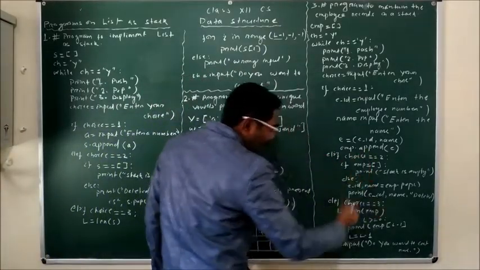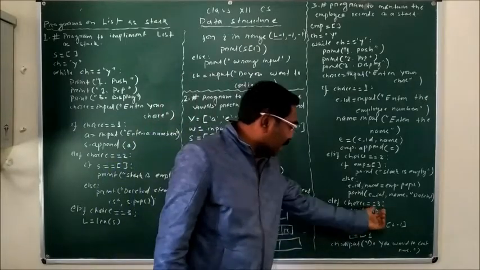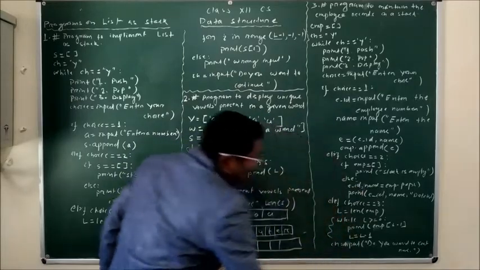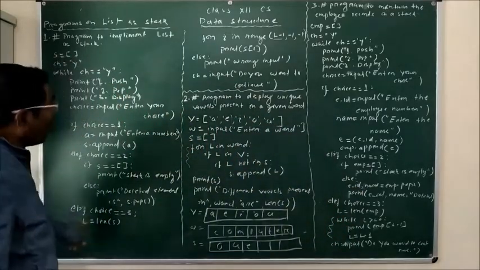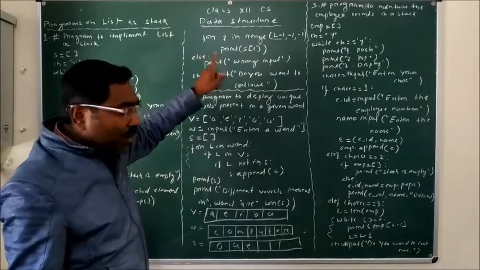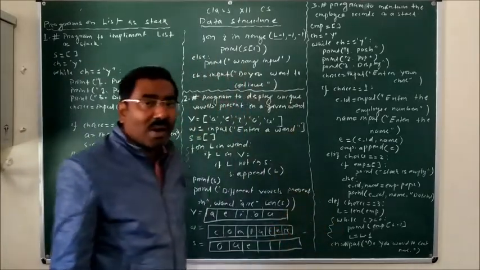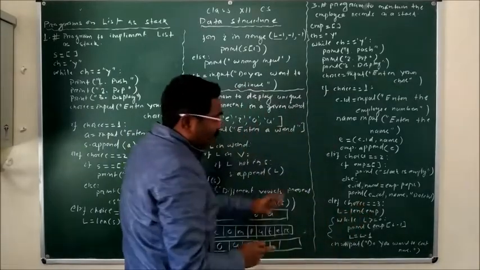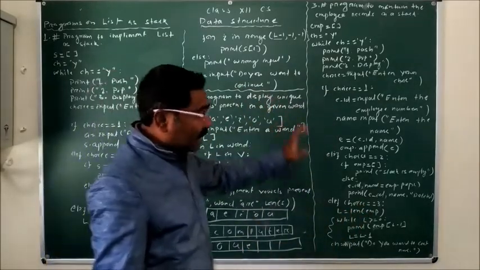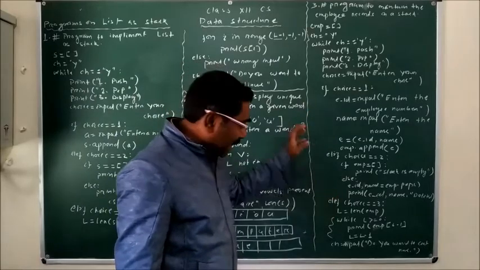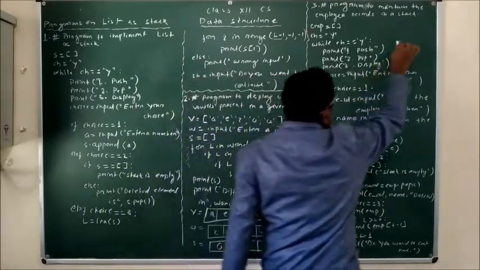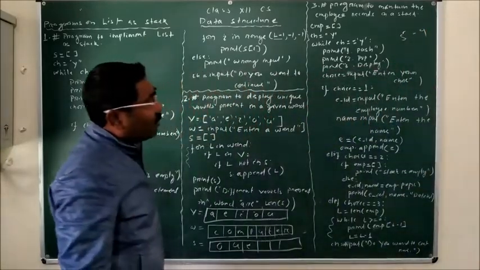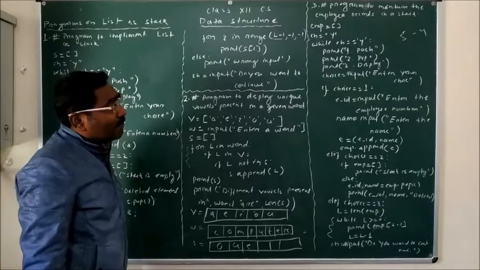If choice is equal to 3, L is equal to len of emp. Here I have created another type of display. Here we are using the for loop to display. Instead of for loop, you can also display using while loop. What happened when L is equal to len of emp? Suppose 5 records are there. You have entered 5 employee details. Then the value of L will be 5 and the last index should be 4. So we have to start displaying from 4.